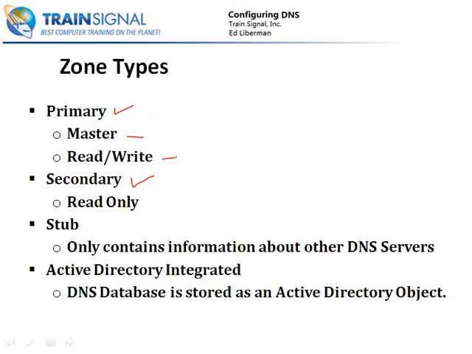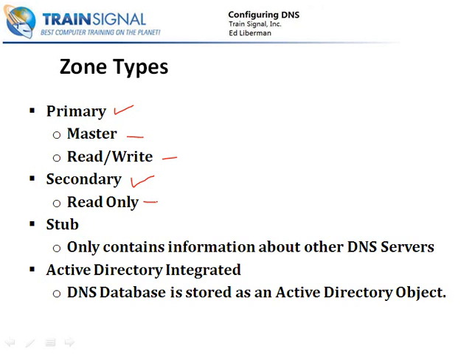So whatever server is hosting the primary zone will have a master read-write copy of the zone database on its hard drive, and a DNS server hosting a secondary zone has a read-only copy of the database. So no changes can be made. It has the full database, it can respond to client requests, and it is used for that exact purpose, but